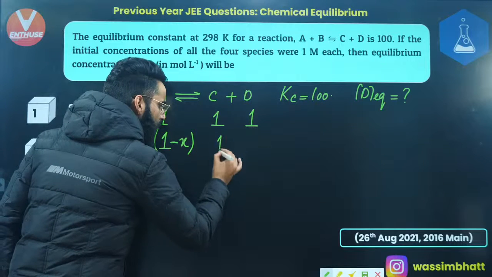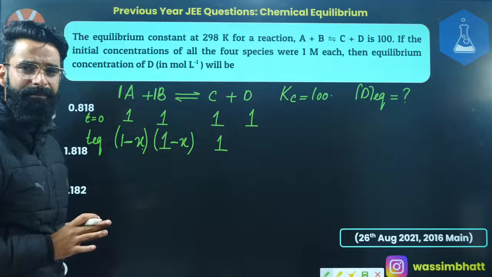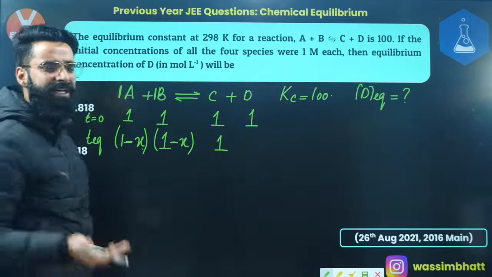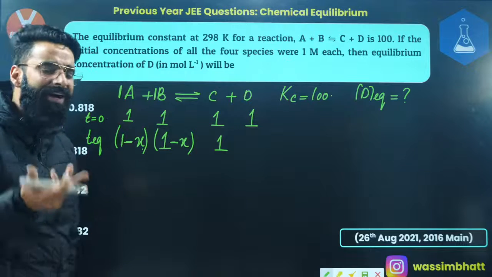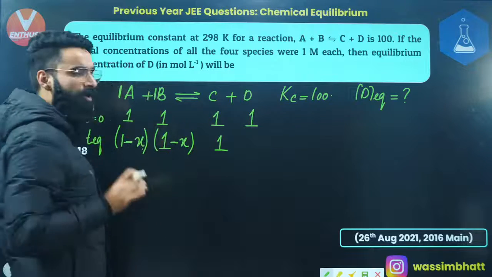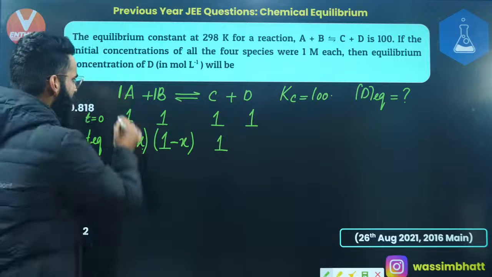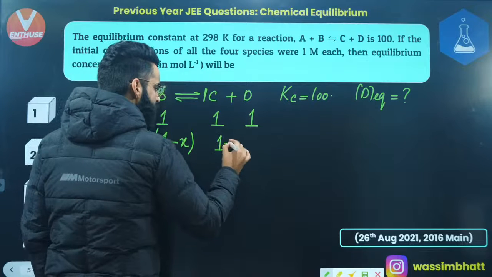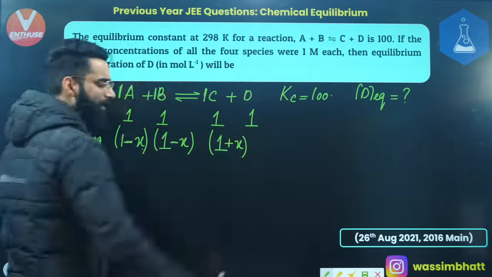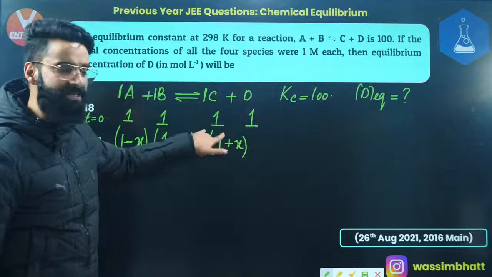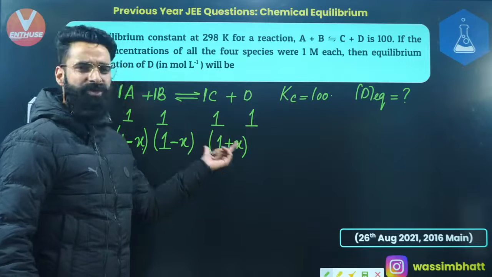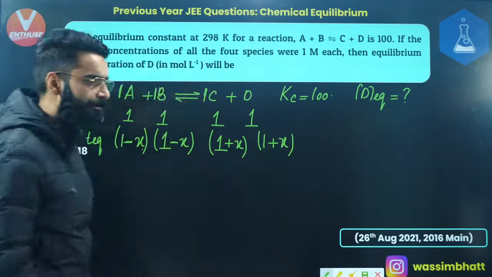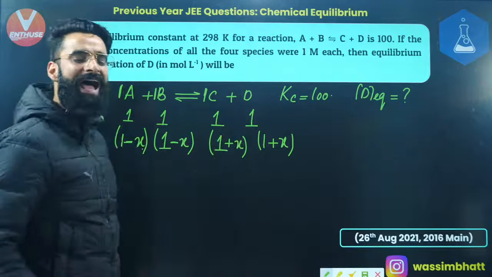Already I had some 1 molar concentration of C in the container. Now when this reaction will start, some new moles of C and D would have got formed. And at equilibrium, how many total moles of C will be there in the container? Let's check it out. I can say 1 mole of A gives 1 mole of C, so X moles are going to give me X moles. Already I had 1 mole, and apart from that, I'll be getting some X moles of C. So these are basically the moles of C present in the container at equilibrium, or you can call this the concentration of C at equilibrium, 1 plus X. Similarly, the concentration of D at equilibrium is again going to be 1 plus X, right? So I got the concentration of each reactant and product at equilibrium.